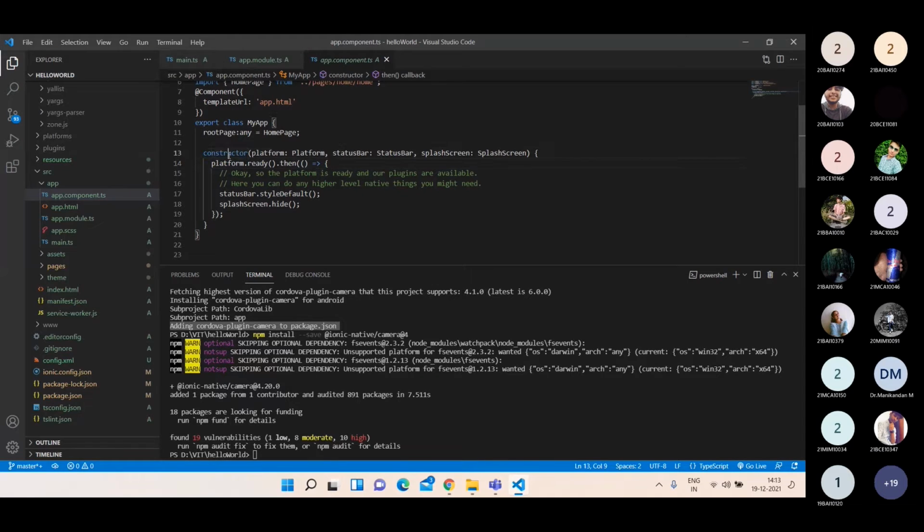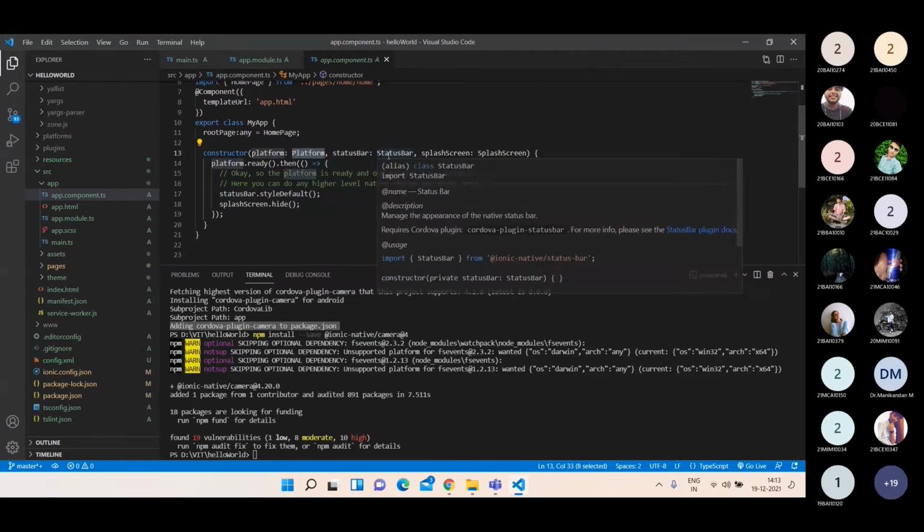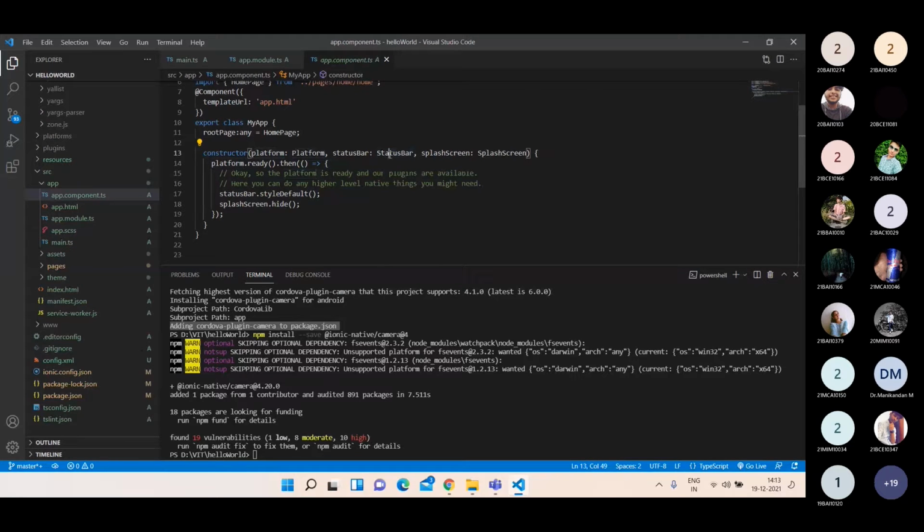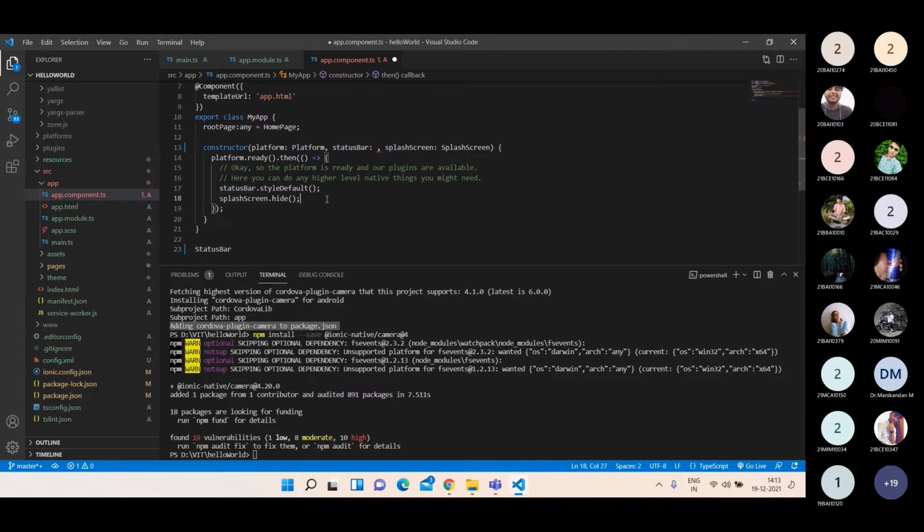So here inside the constructor, we are going to create objects for every package or every class. So we have a class called platform. We have a class called status bar. We have a class called splash screen. So all these things you are using in real life in every application, right? For example, the status bar you can see in normal applications, but in your gaming application, the status bar will be hidden, right? Yes, sir. If you are using Netflix, you cannot see your status bar while you are playing a video. But in normal mode, you can see the status bar, right? Yes, sir. That kind of configuration you can do here.